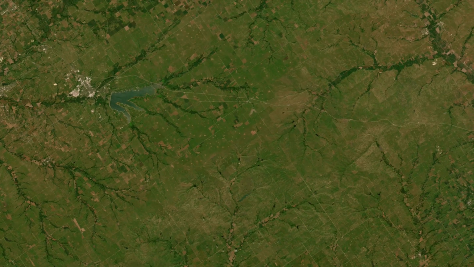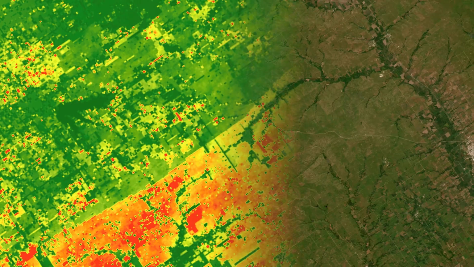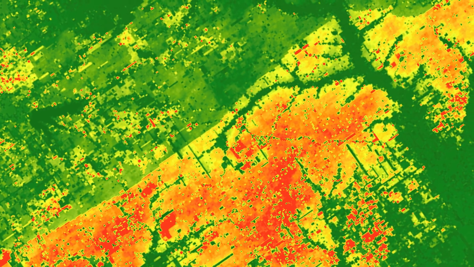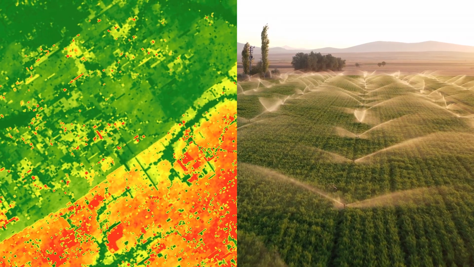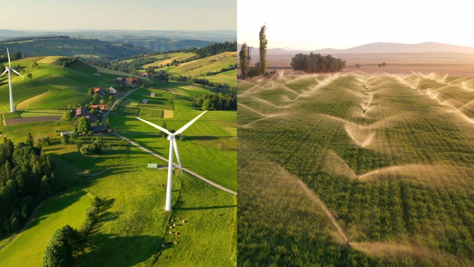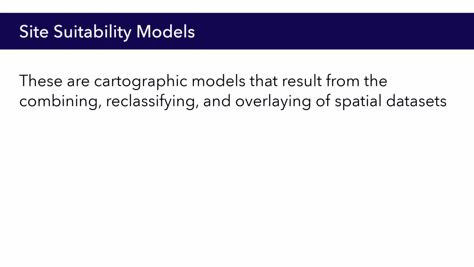Suitability analyses are widely used in GIS to classify land or the ocean according to its utility for certain uses, such as conservation, agriculture and aquaculture, or even energy installations like solar and wind farms. Suitability models are considered a type of cartographic model that typically combines spatial layers via overlays, reclassification, and other spatial